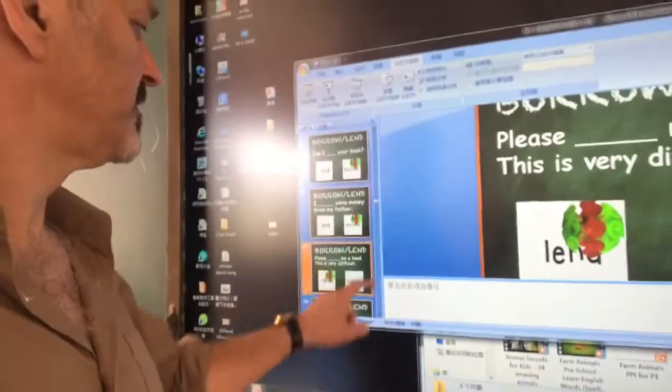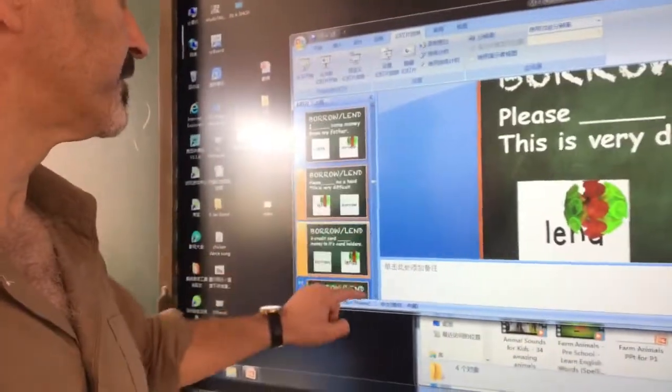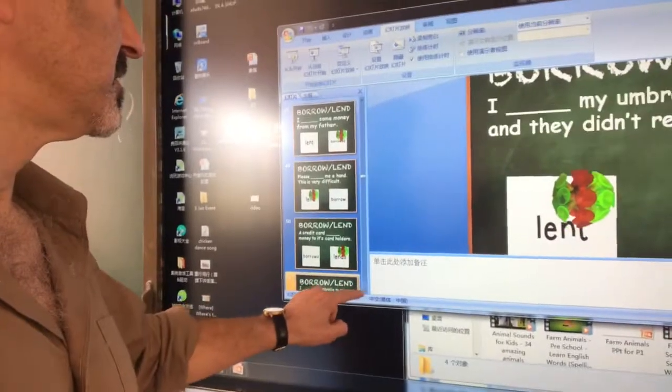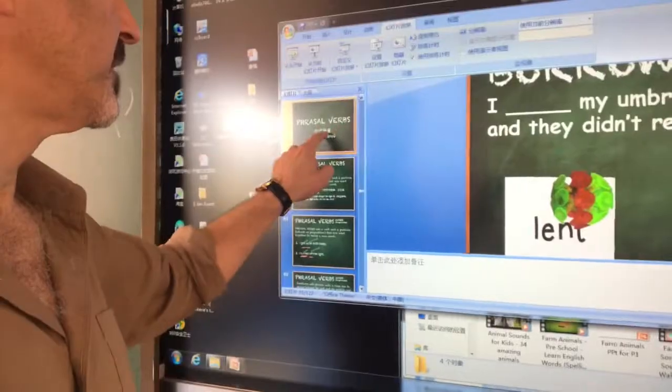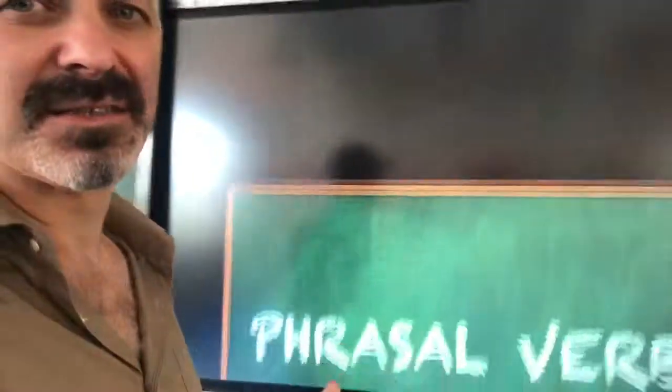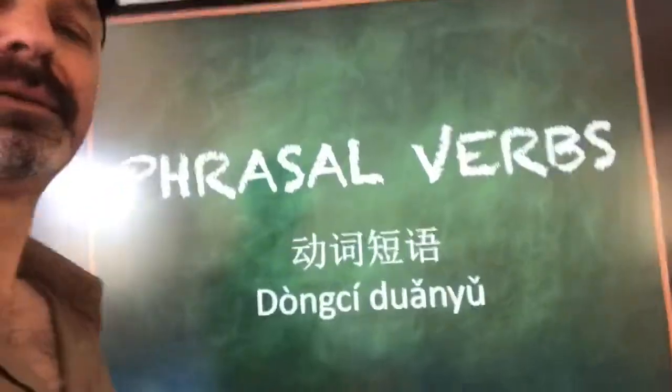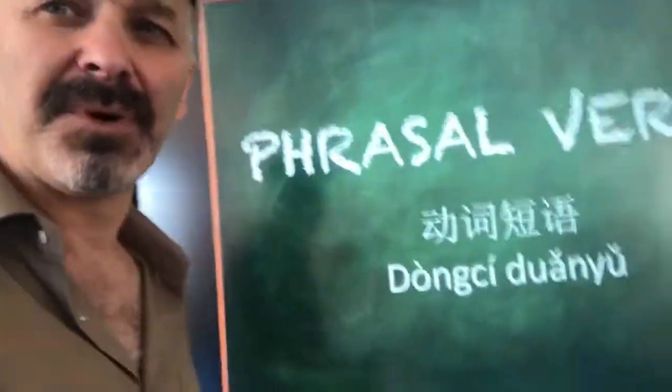And we move on to phrasal verbs at this point in the next class. Where are we? In the next class, I started off with phrasal verbs, right? Because we're going to be talking about drop-off and pickup.